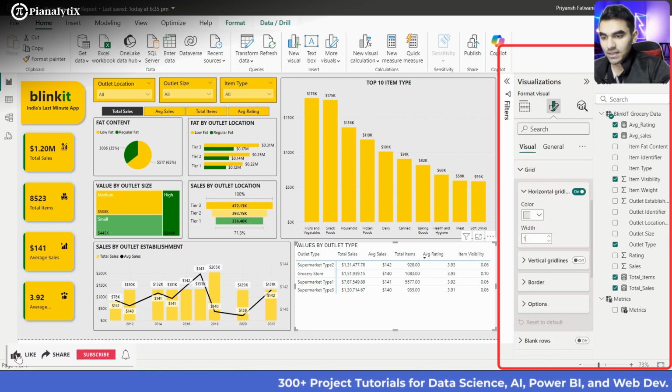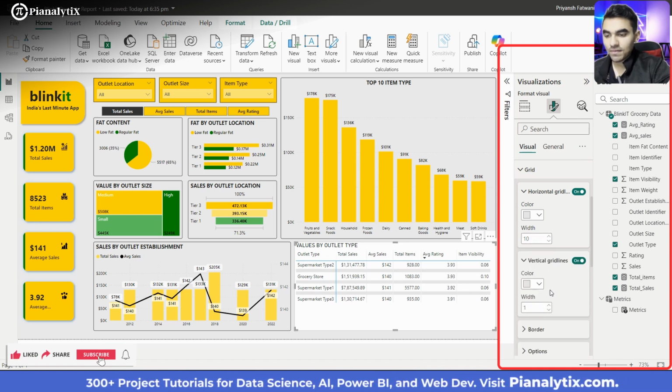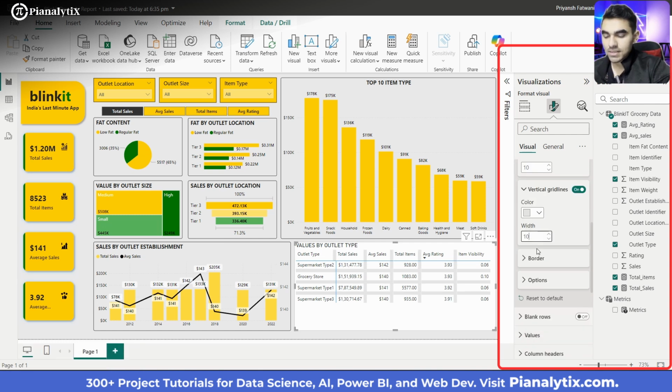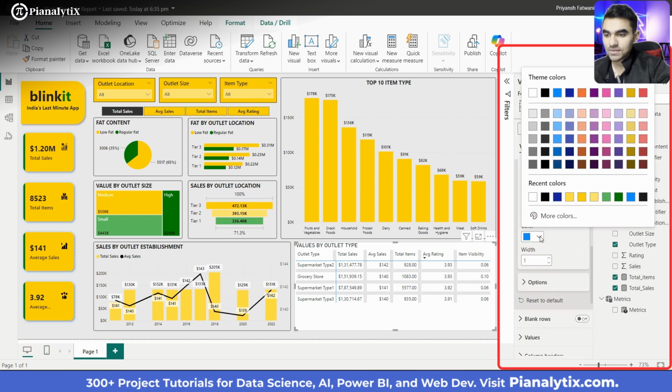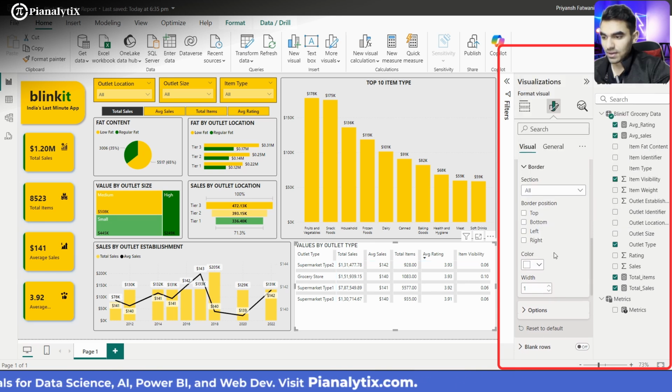We'll change the width again. We'll turn off the vertical grid lines and the horizontal grid lines and set the width to maximum, which is 10. We'll go to borders, and we don't want this blue border because it doesn't go with the color scheme, so we'll make it white. Okay,